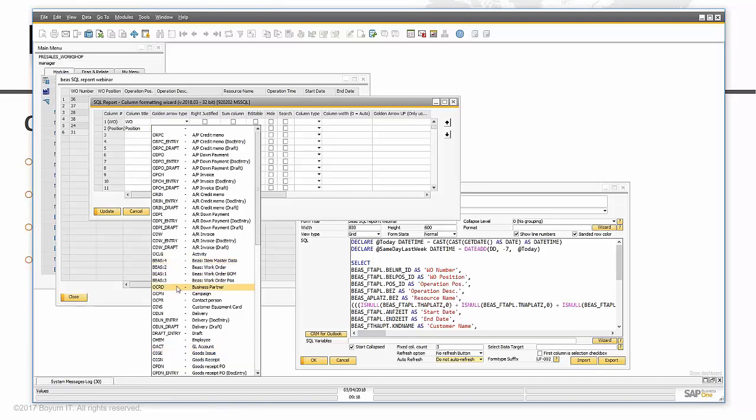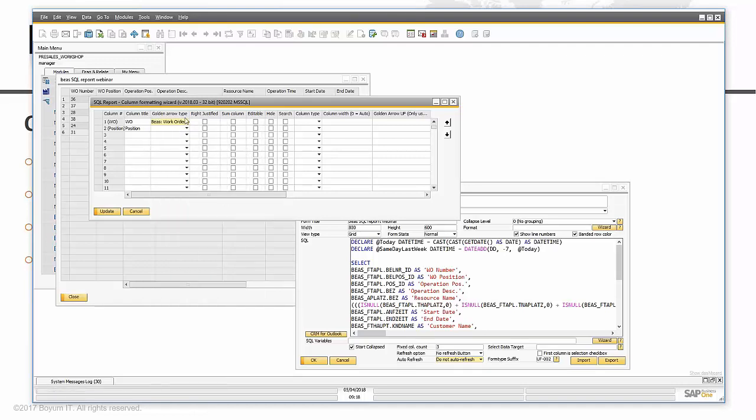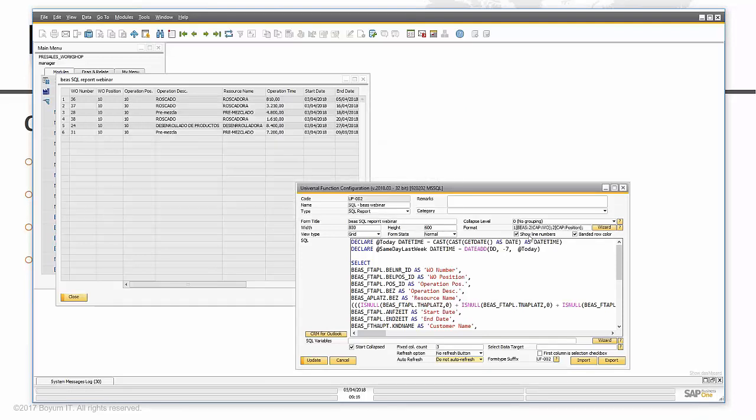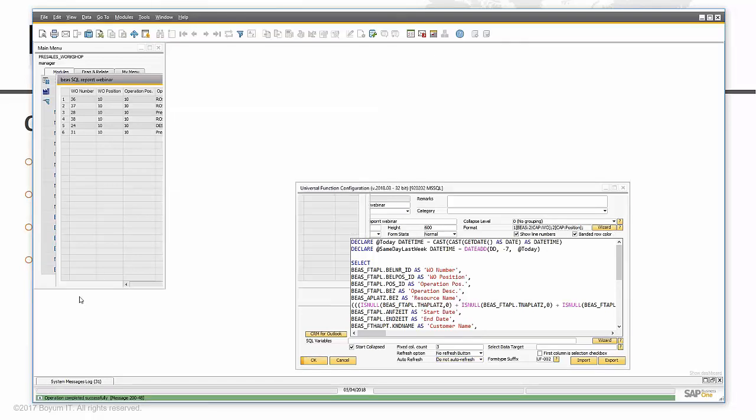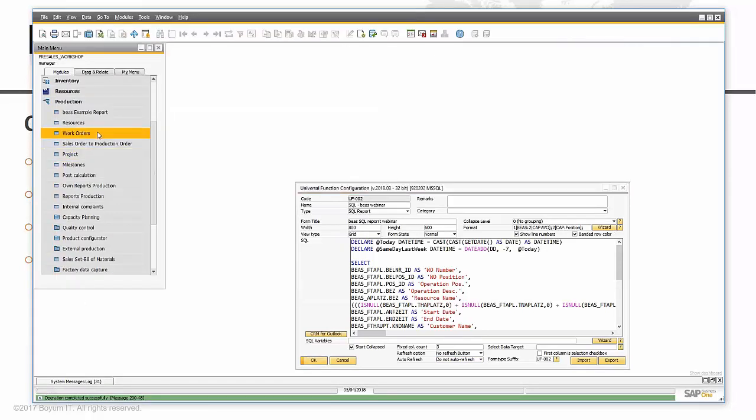So we already integrated 4 columns: the item master data, the work order bill of materials, and the work order position. So I'm going to create the work order. I'm going to select the work order option. Okay, I'm going to update it. As you can see, the format adds automatically the syntax we need, but of course we have a user-friendly window. Clicking this button, if I click on update, close my report,